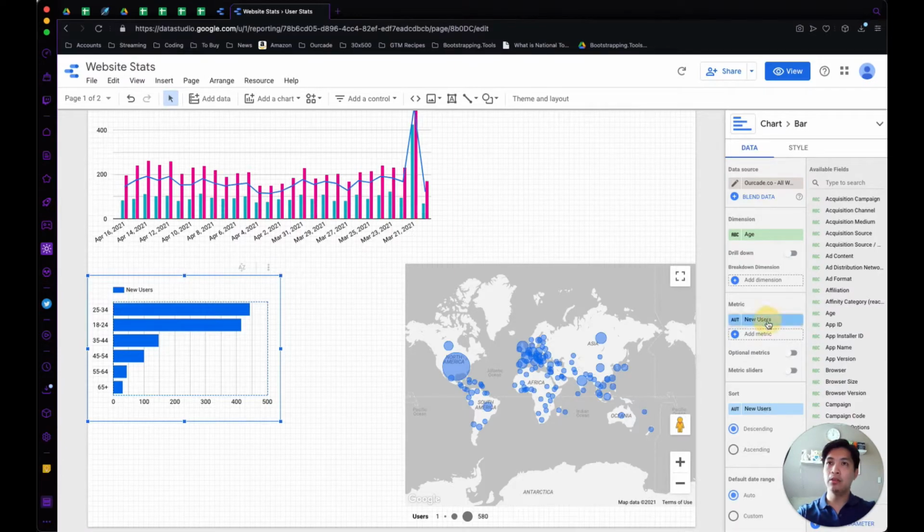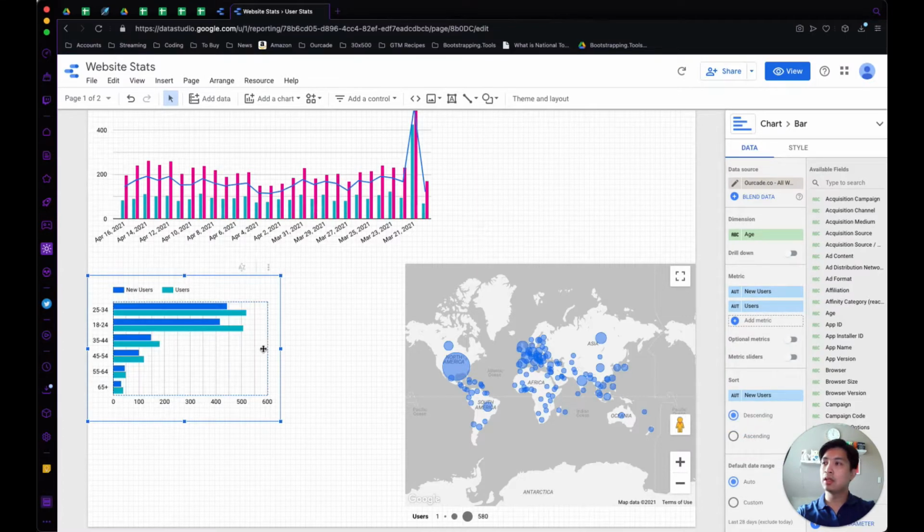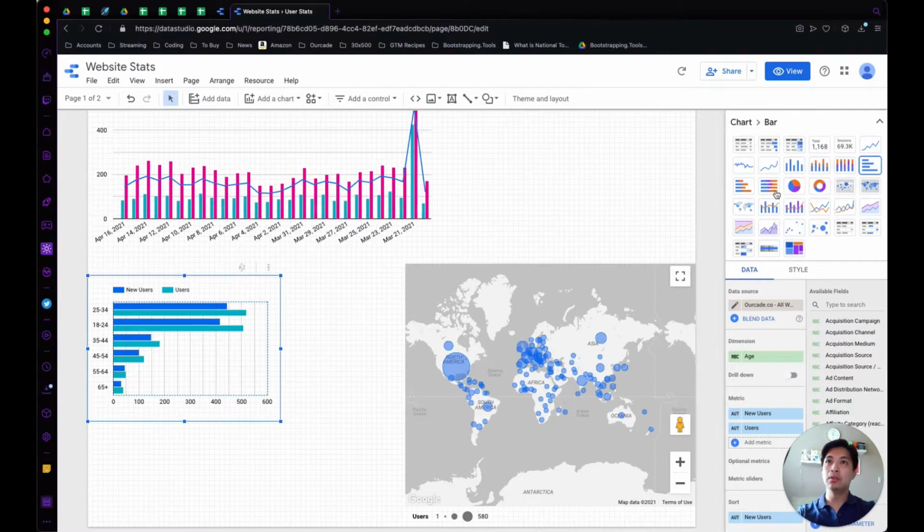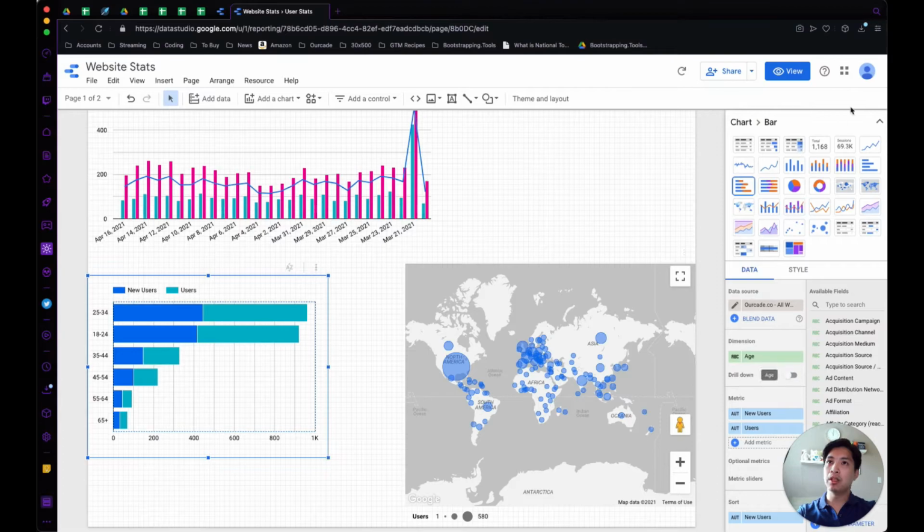And then we have new users right now, but let's say new users, and then returning users, right? Return users, visitors, regular users. Okay, do that. And then actually Google Data Studio was smart enough to try to readjust our chart, our bar graph there. So let's actually change that back to a stacked bar chart. And then we can see the number of users versus new users and the different age groups that we have for there. If we wanted to break this down a little bit more,